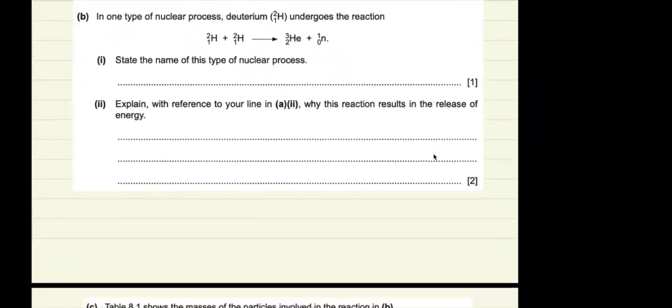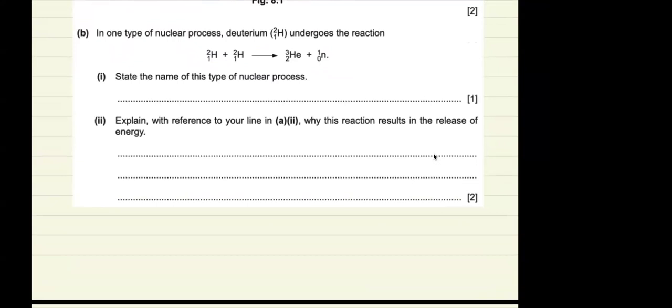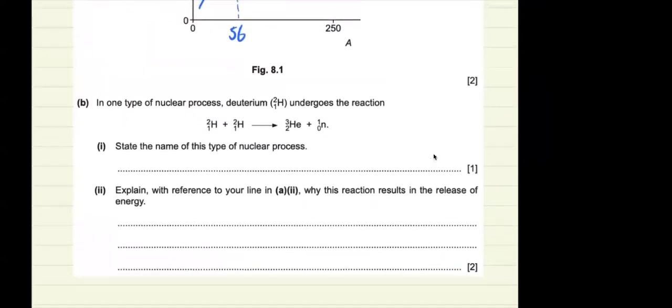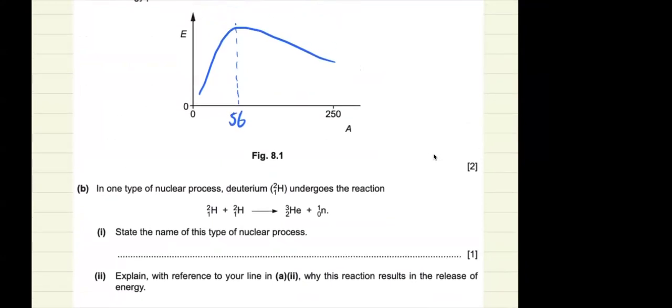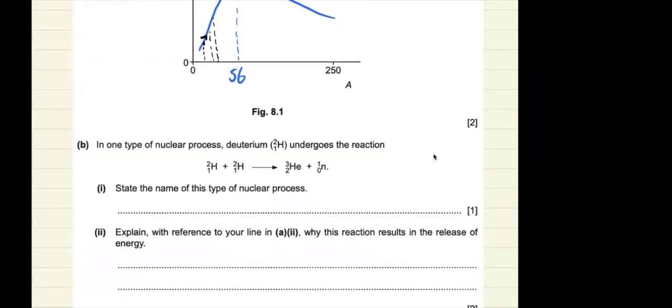In one process, deuterium undergoes this reaction. Obviously, this is fusion. Explain with reference to your line in A2 why this reaction results in the release of energy. So both of these hydrogen nuclei are somewhere along here. So they combine together to form an even heavier nucleus in helium, right? So you will say that